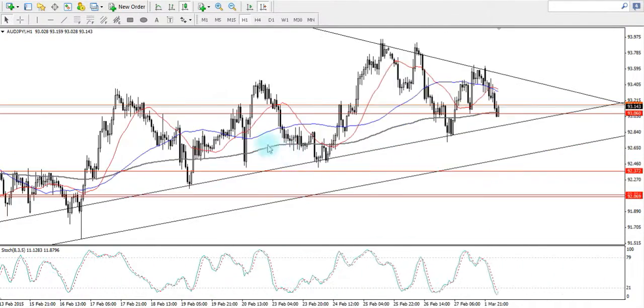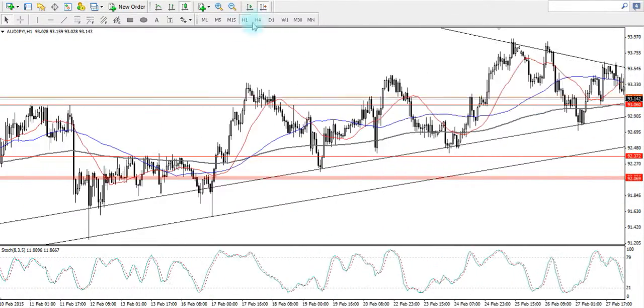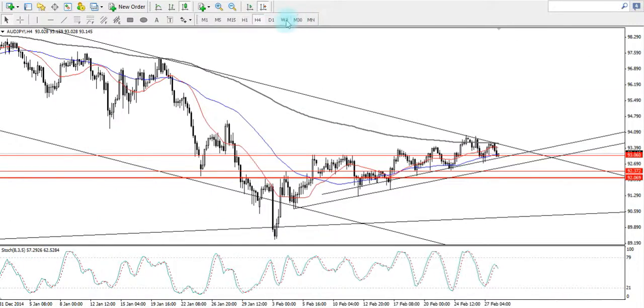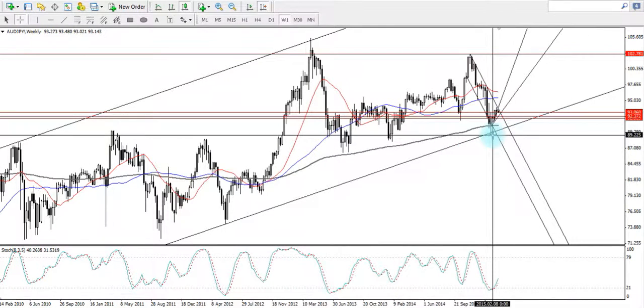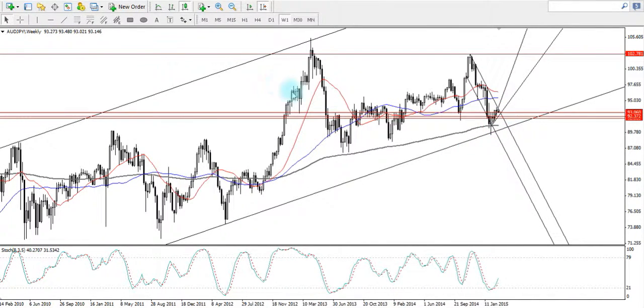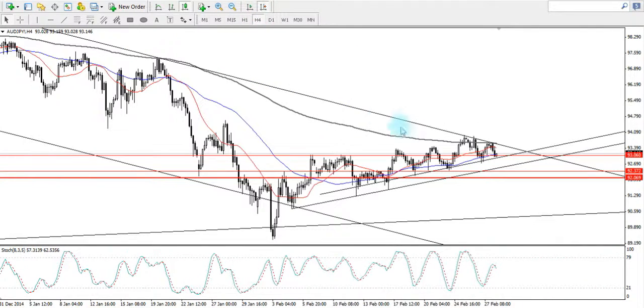And just like to touch on the Aussie against Japanese yen. Right, so back to the weekly chart first, there is a rising trend channel, a very major one. So price has been supported and it got pulled back and it begins to rebound from the bottom of the rising trend channel. And looking at the 4-hourly chart, there was actually a rising trend line that supported the price